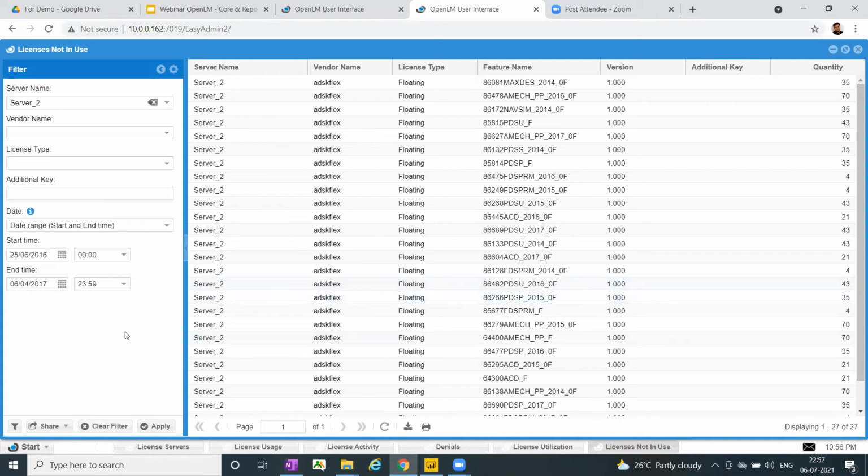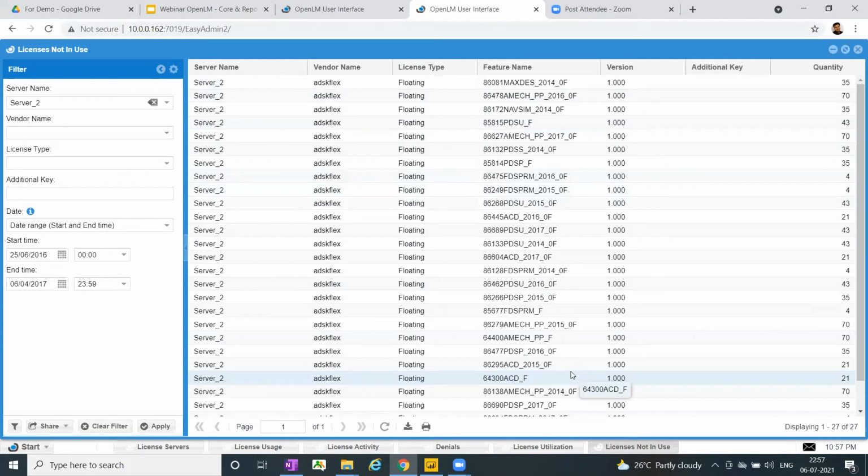For example, here I selected the server and a date range of almost 10 months. I see here the features for which I have never used these quantities. So I can choose to drop them from the inventory or from the AMC renewal.